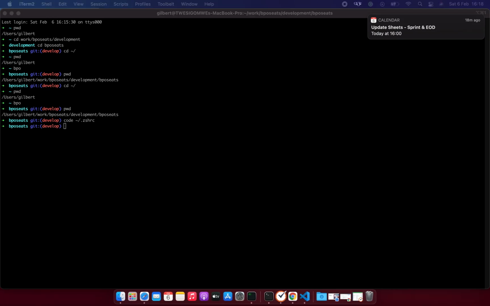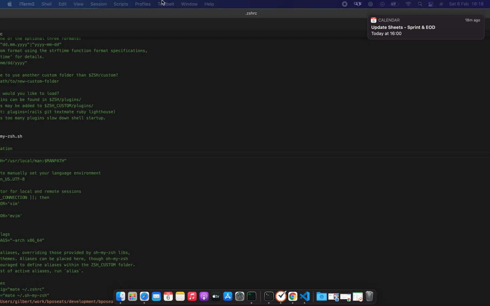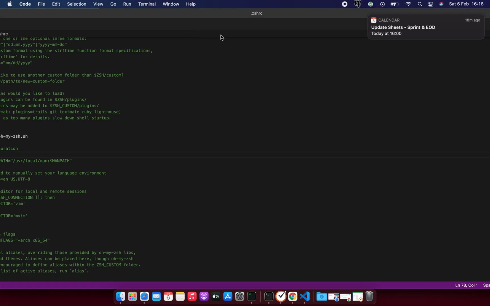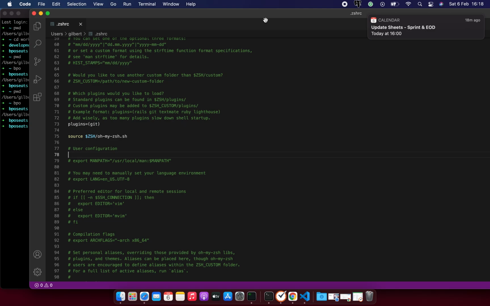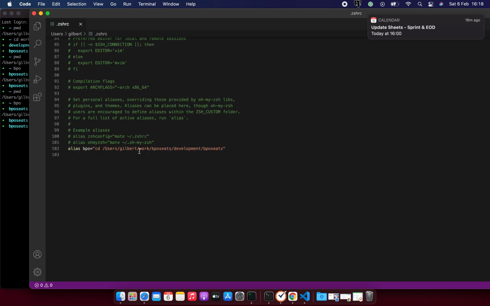What you then realize is that this opened in my Visual Studio Code. Well, you can open it using Nano or whatever vi editor. So I have an alias here called BPO equals. BPO stands for change directory to this. So I can actually